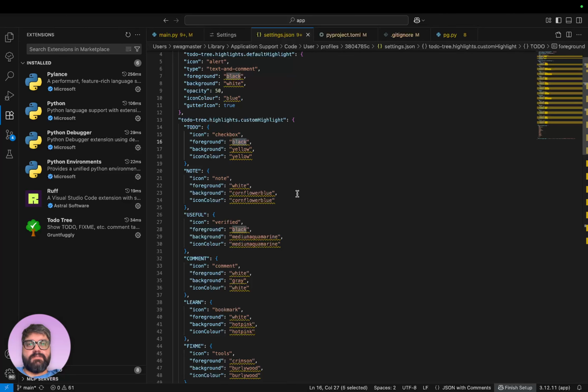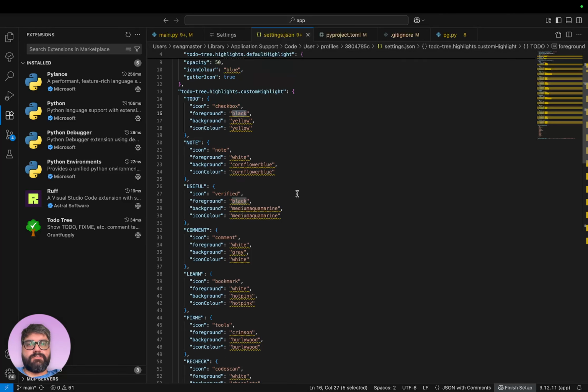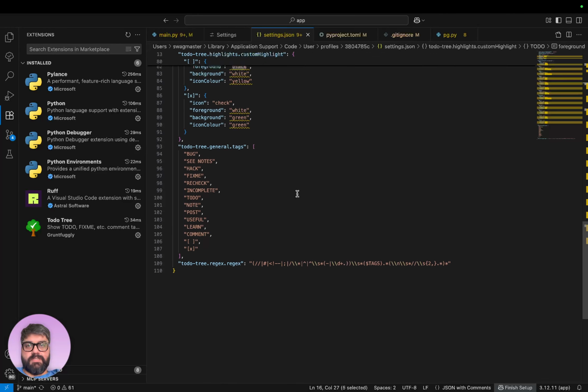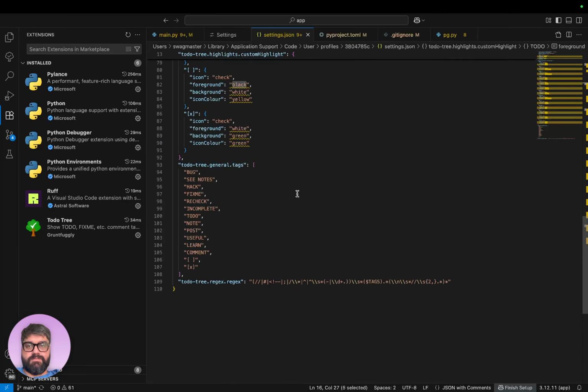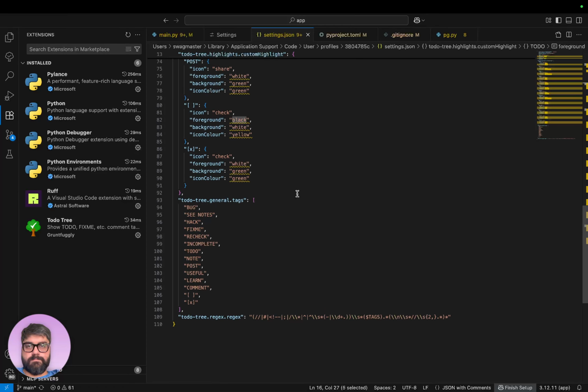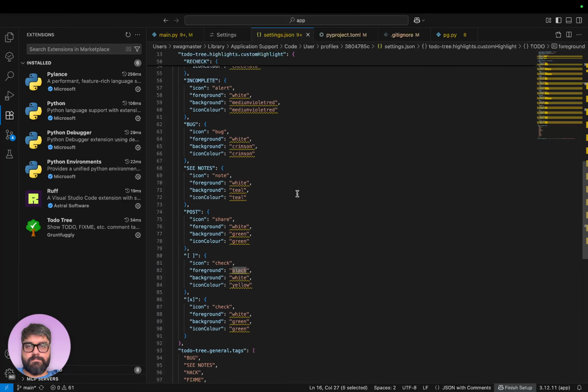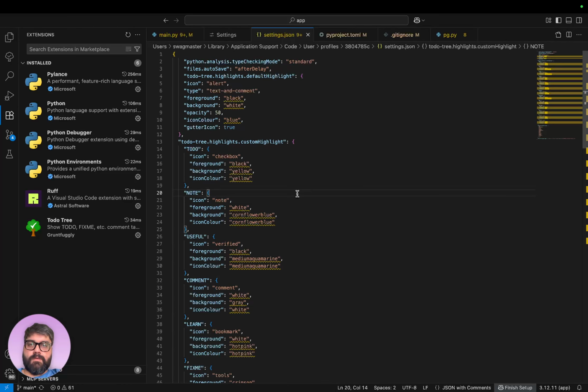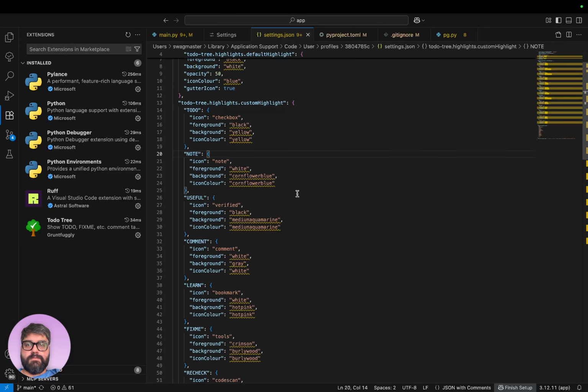While I love how this looks, I'm very strongly contemplating just removing it and going back to the defaults. Okay. I think